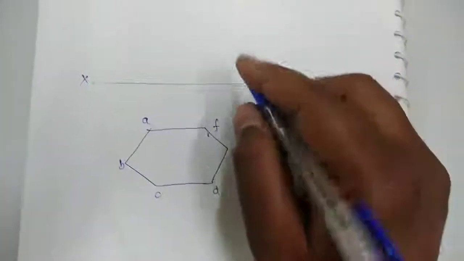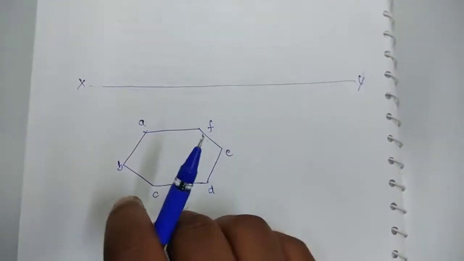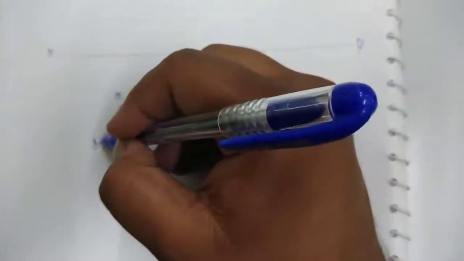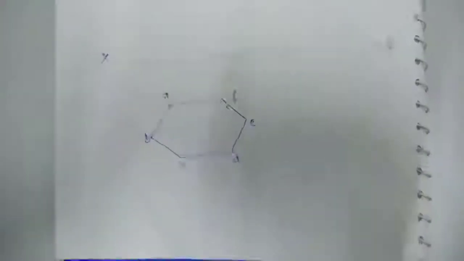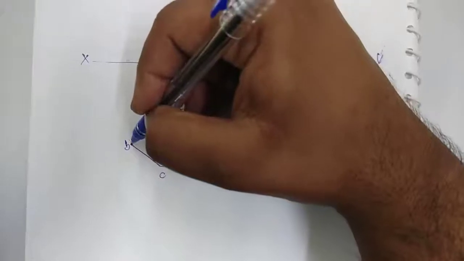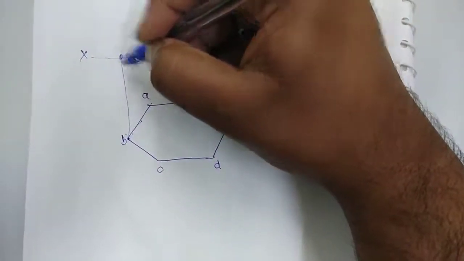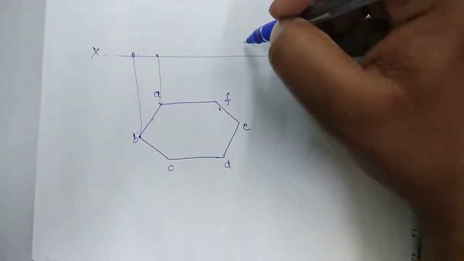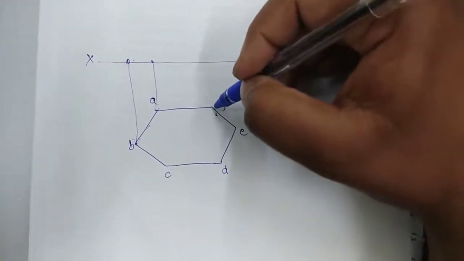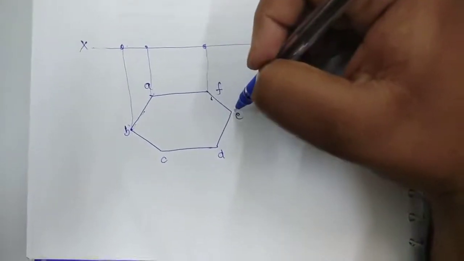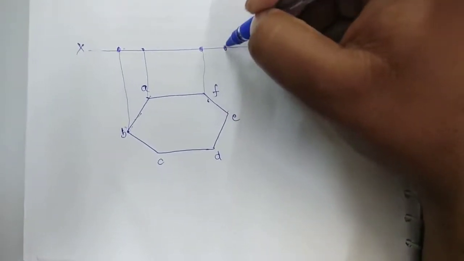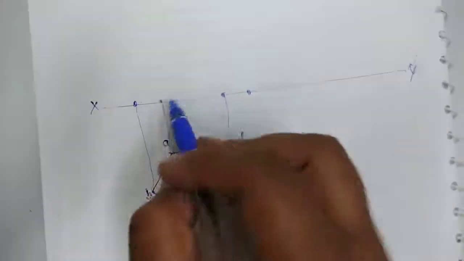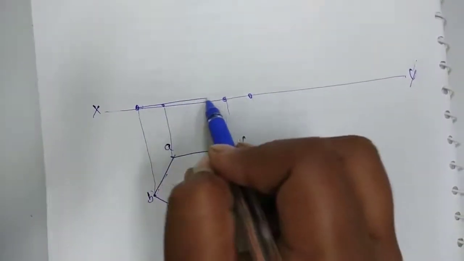So obviously when it is like this you will look to the line. You will see a line. So you project its ends. These ends will lie here. Likewise this A and C projections will lie here. D and F projections will lie here, and this E projection will lie here. So you are getting a line with determined length.